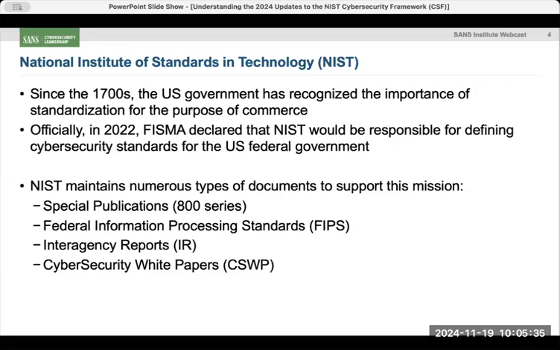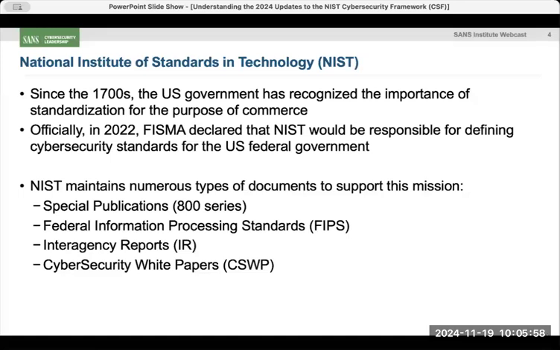And so if we want to get into the mindset of the people who are writing these docs, we need to understand where they came from. That's one of the things we need to do if we're going to try to understand the CSF 2.0. Well, let's just understand who NIST is to begin with. Let's understand what their mandate is. Why are they creating documents? Why would we even care? Let's start there, and then we'll dig into the details of the actual standard itself.